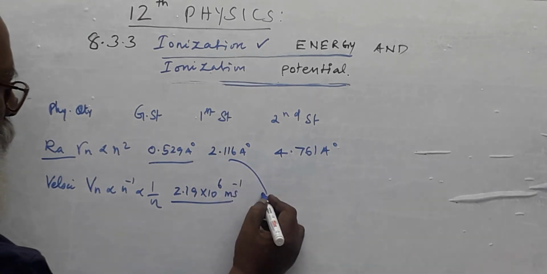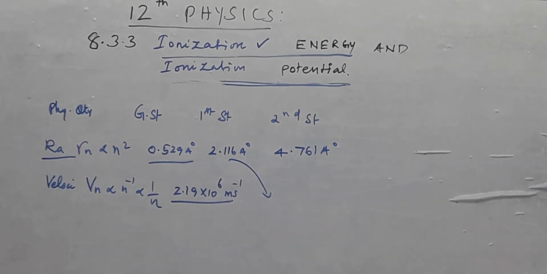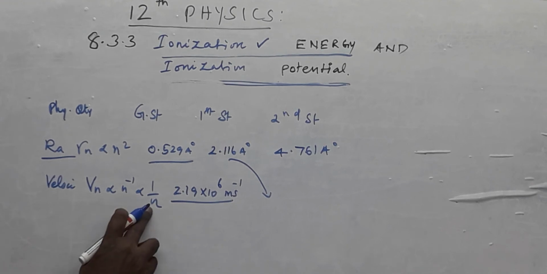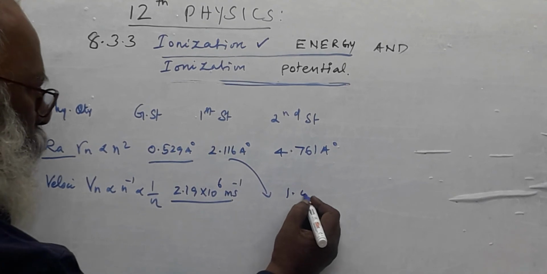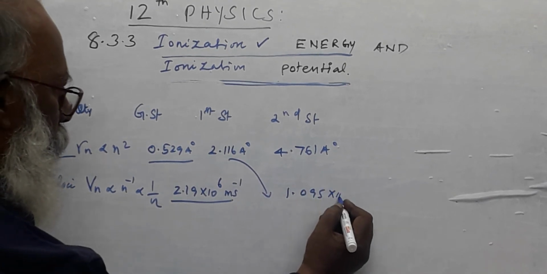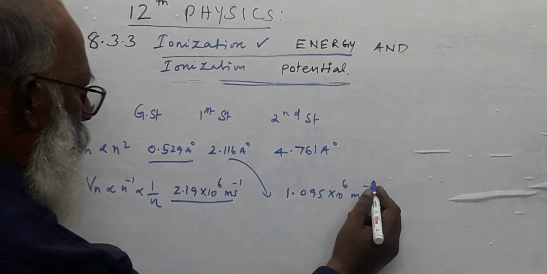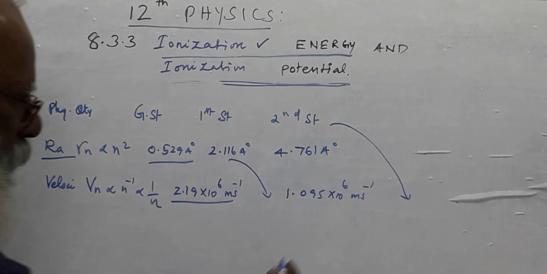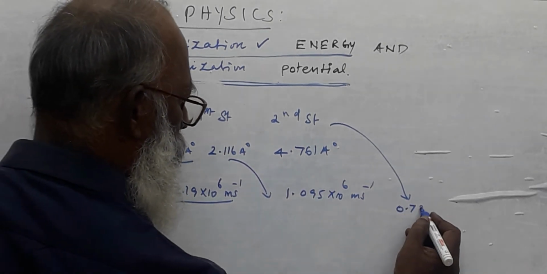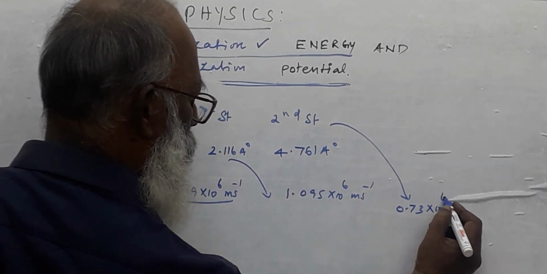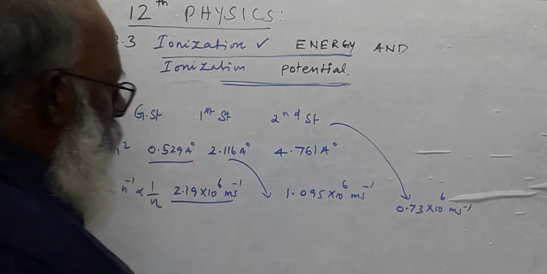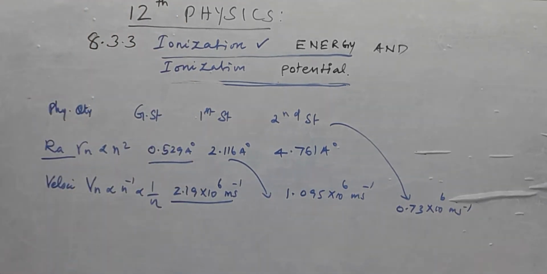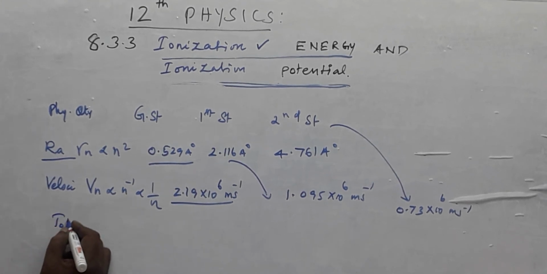In the first excited state, this value is 1.095 into 10 power 6 meter second power minus 1. In the second excited state, this value is 0.73 into 10 power 6 meter second power minus 1. This is the velocity. The total energy